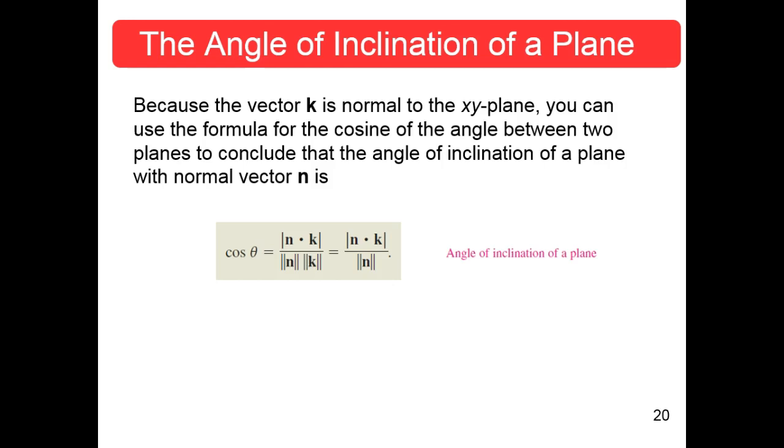1, because that's the unit vector in this direction. So this is then just the magnitude, and remember, we're only doing positive angles, so that's why the absolute value is here. The dot product here could come up negative. We don't want a negative. We want the acute angle. So we're going to use the first quadrant angle, and the magnitude of the dot product is going to be positive: the absolute value of n dot k divided by the magnitude of n. And that is another way we use the gradient. Well, wait, you may say, where does the gradient come into this? I don't see a gradient anywhere in that formula. Okay, well,